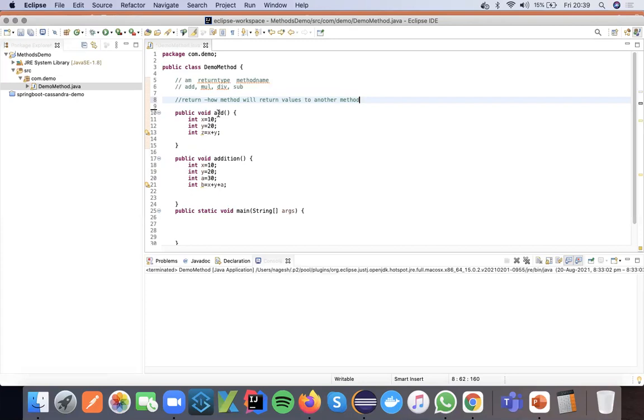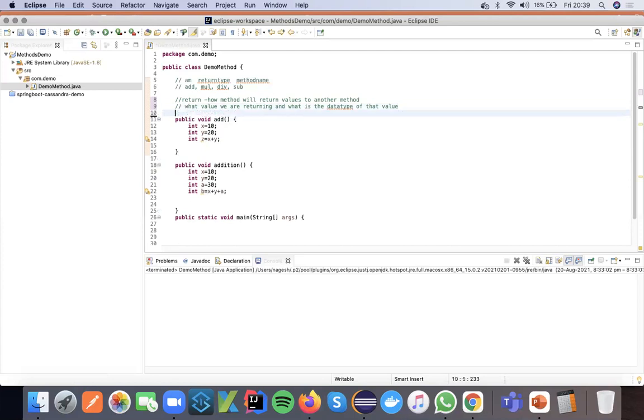So here there is a method add. There are a couple of steps that we have to follow. First thing to remember is: what value are we trying to return? The z value. What is the data type of z? We have to identify that. So first, what value are we returning, and what is the data type of that value?